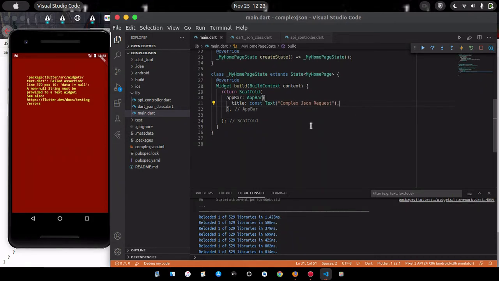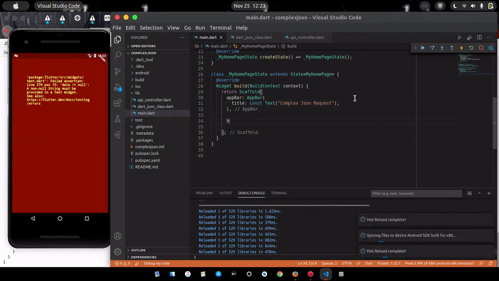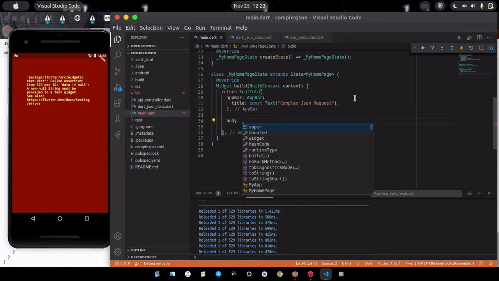Okay, so I'm going to create a body, and for the body I can decide to use a stream builder or a future builder, but for the sake of this tutorial I'm going to use a future builder. Okay, so right now I can just